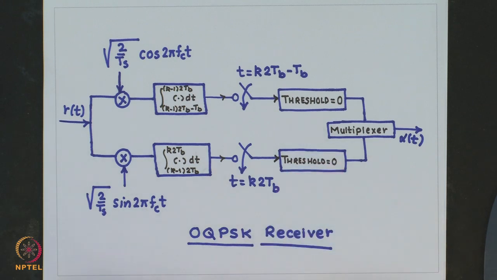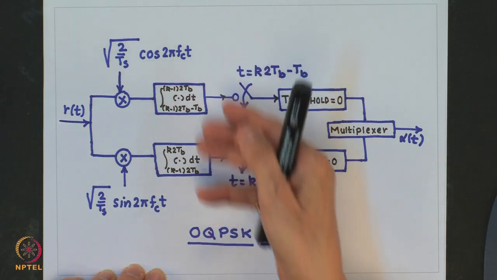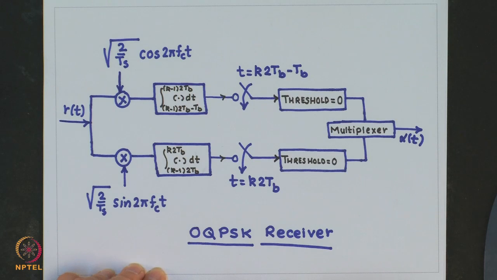As far as the probability of error for this receiver is concerned, it will be the same as what we got for the optimum QPSK receiver, because these two channels are still independent and it will not make any difference to the calculation of the probability of error. Now, there is another version of QPSK,